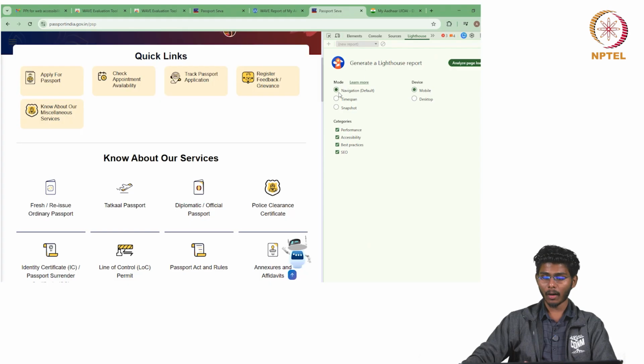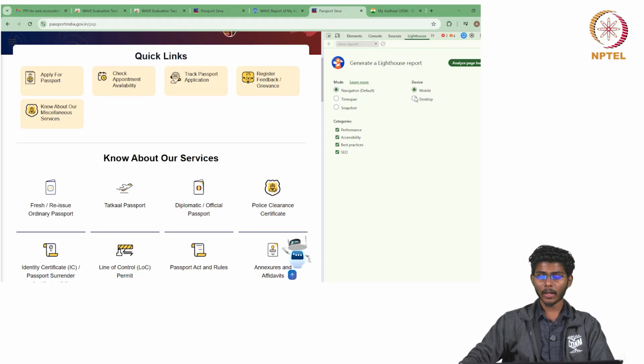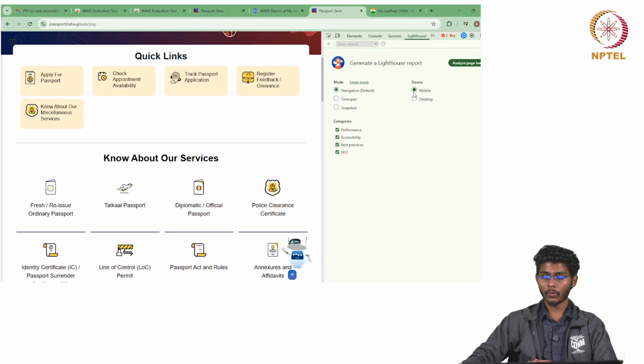We can choose a mode, like navigation, which is the default mode, and we can choose the device type, whether we need the mobile report analysis or the desktop report analysis. Here we select desktop, as we need the desktop